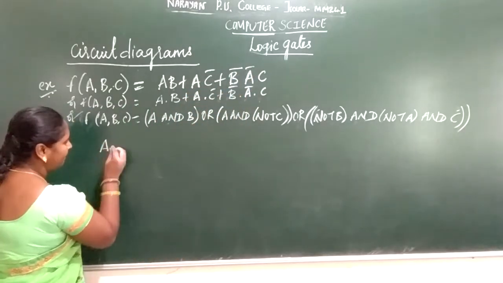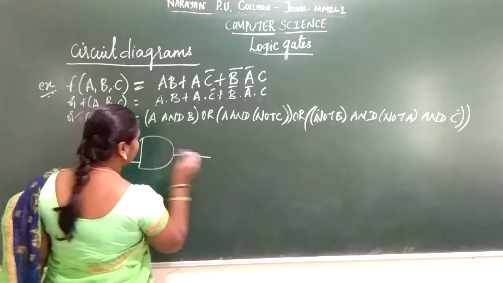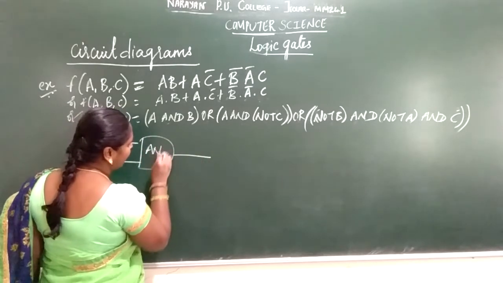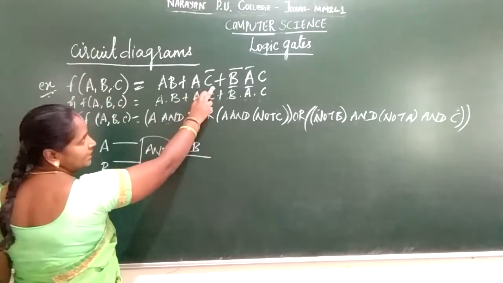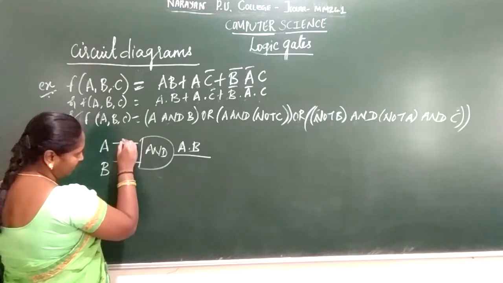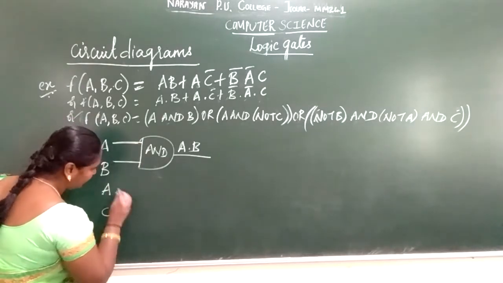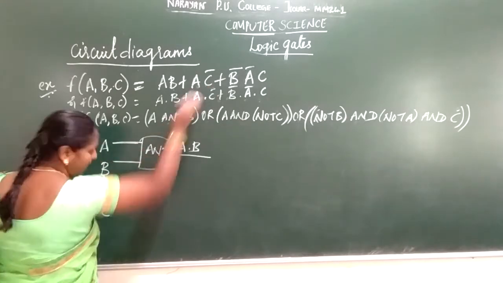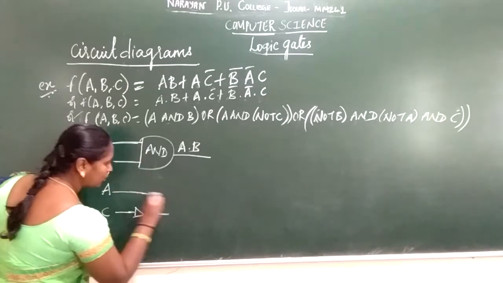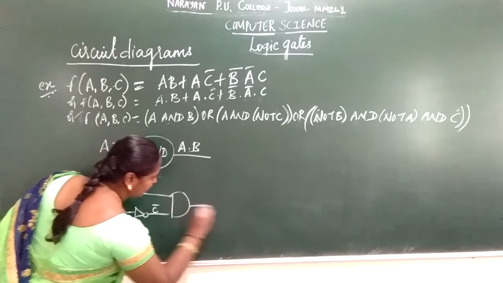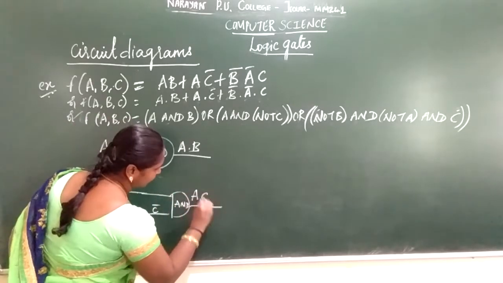First you have A, B. For this I am going to use an AND operation, so here is one AND gate, A into B. Next you have A, C bar. You can directly take A from this particular signal. For your understanding I am writing another combination, A, C. A as it is, and C bar, so use a NOT gate, so this becomes C bar. Then you perform an AND operation, so you have the output AC bar.